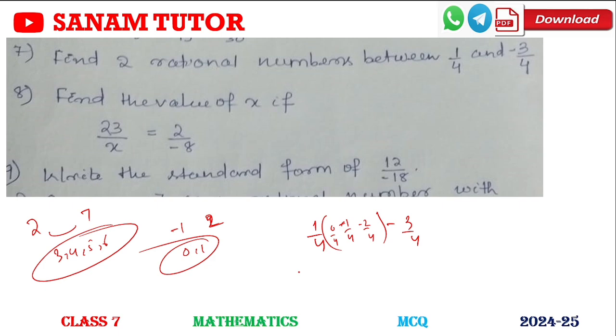Now find the value of x. Okay, now solve. Cross multiply, 2 into x, that is 2x equal to -8 into 23. So x how much? Now -8 into 23 divided by 2. So 2 4 ja, multiply -4 3 ja 12, 1 4 2 ja 8, 9. The answer is -92.